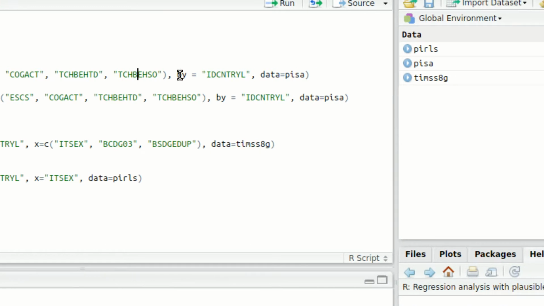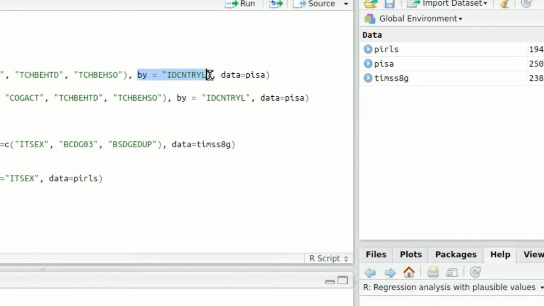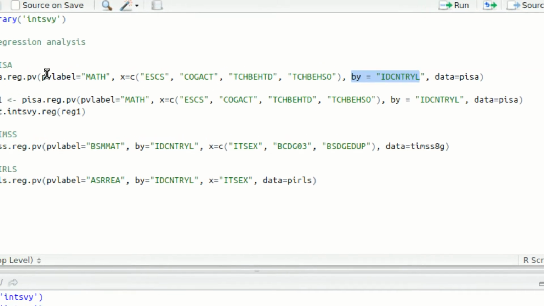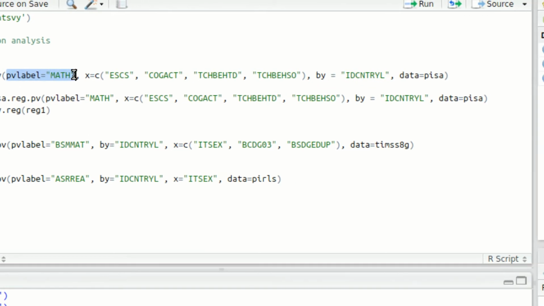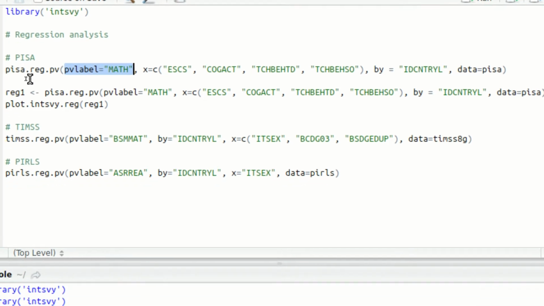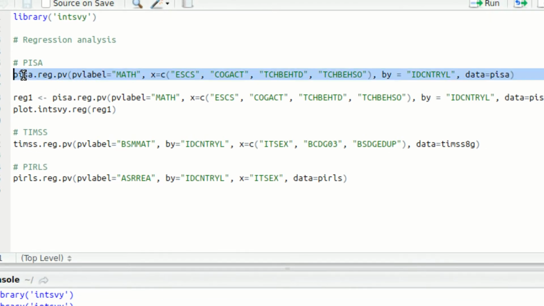This is our grouping variable, which is the country ID, because we want to run regressions within each country. This is the data set that we are using for the analysis. And this is the dependent variable, which is math performance. This is the label of the plausible values. I'm going to run this line,